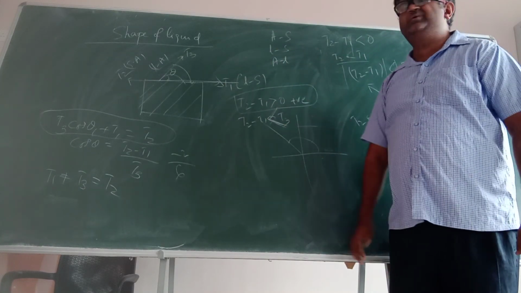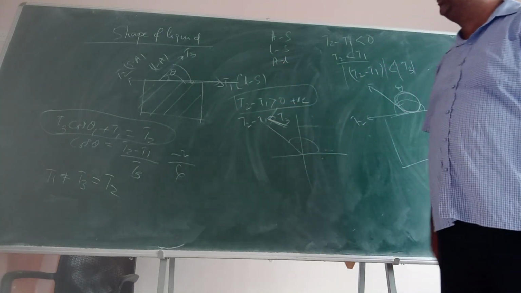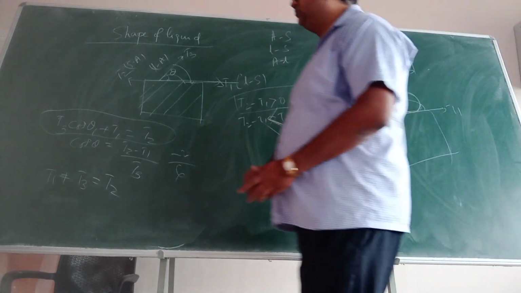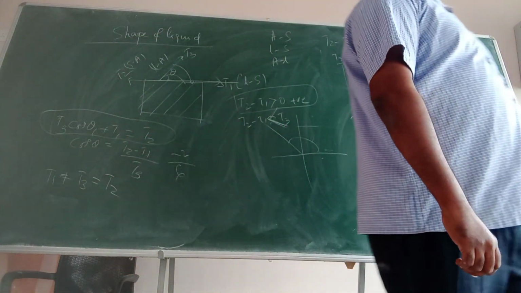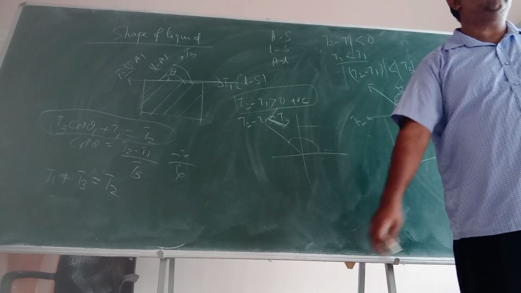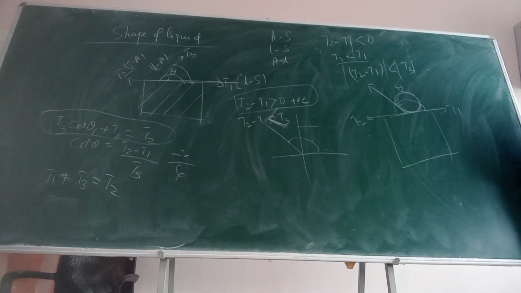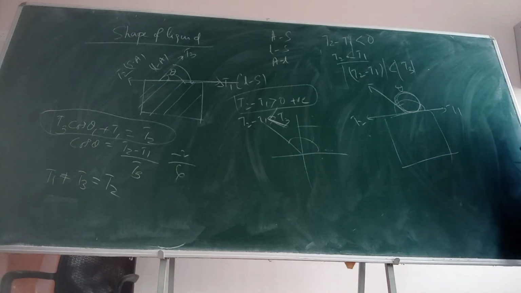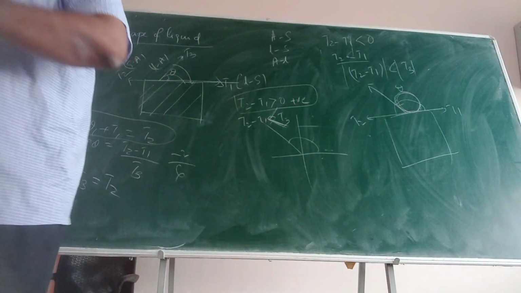So this is how the shape of the liquid is decided based upon this simple calculation. Any question comes, you should know this framing of equation. इसके ऊपर sometimes numericals are asked, okay? So you should frame the equation like this and understand these cases. These are given in your page number 39, 38. Go to home, read it. If you have doubts, you contact me. Okay? With this.